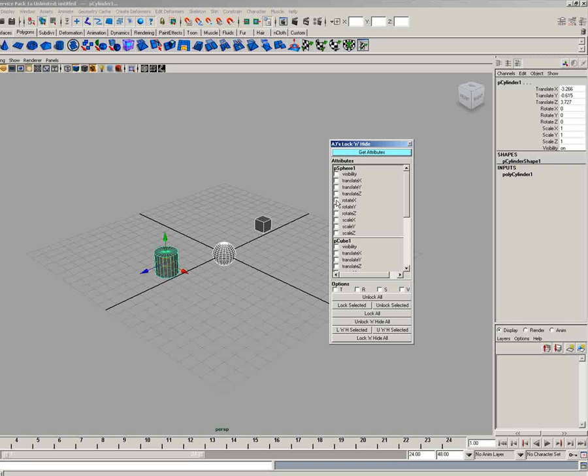And what I can do is I can go in here and just say all the rotates on this and all the translates on this, and I don't know, the visibility on the cylinder. What I can do is I can lock the selected, or I can lock and hide the selected, or lots of stuff like that. So let me just unlock and hide all of them. Now I've also done some pretty clever stuff here where I can turn all the rotates and visibilities off. But basically what it's doing is it's going to adjust the ability for these attributes to show up. Now, it's not exactly setting or getting an attribute, it's actually hiding the attribute itself,